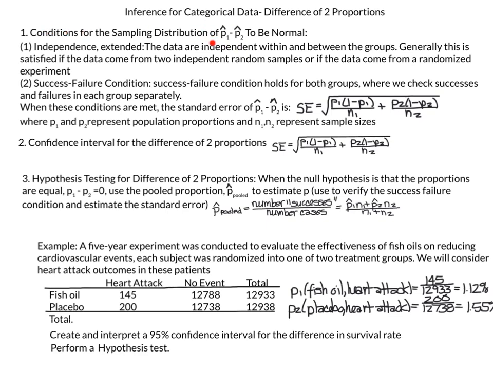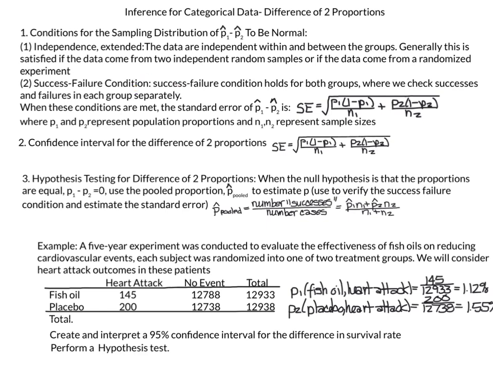The conditions for a sampling distribution of P1 hat minus P2 hat to be normal are independence, much like for one proportion, but it's extended, because now we have two populations. So the data are independent within and between the groups, so between the two groups. So you analyze population 1 and you analyze population 2, and then together. Generally, this is satisfied if the data comes from two independent random samples or if the data comes from two randomized experiments. The next condition is the success-failure condition, and it must hold for both groups, where we check successes and failures for each group